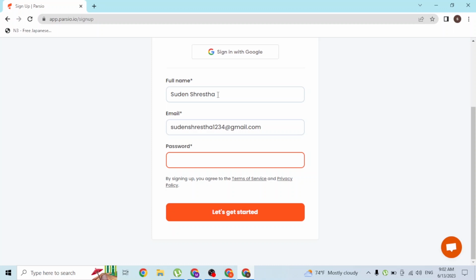While creating a password, make sure to create it up to 8 characters at least, and make sure to use some capital letters, some small letters, some numbers, and some extra special characters in order to make your password strong. And with that being done guys, after entering your full name, your email address, and your password, simply click on the let's get started. And on the next step, you will be required to choose your plan for your account,